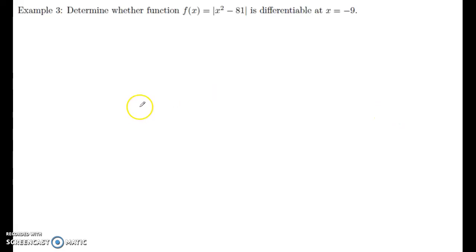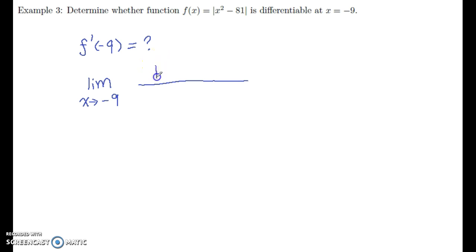Section 2.2, Example 3. Determine whether the function f(x) = |x² − 81| is differentiable at x = −9. So we want to see if the derivative at x = −9 exists. So we want to find out f′(−9), whether it exists. Look at the formula: the limit as x approaches −9 of